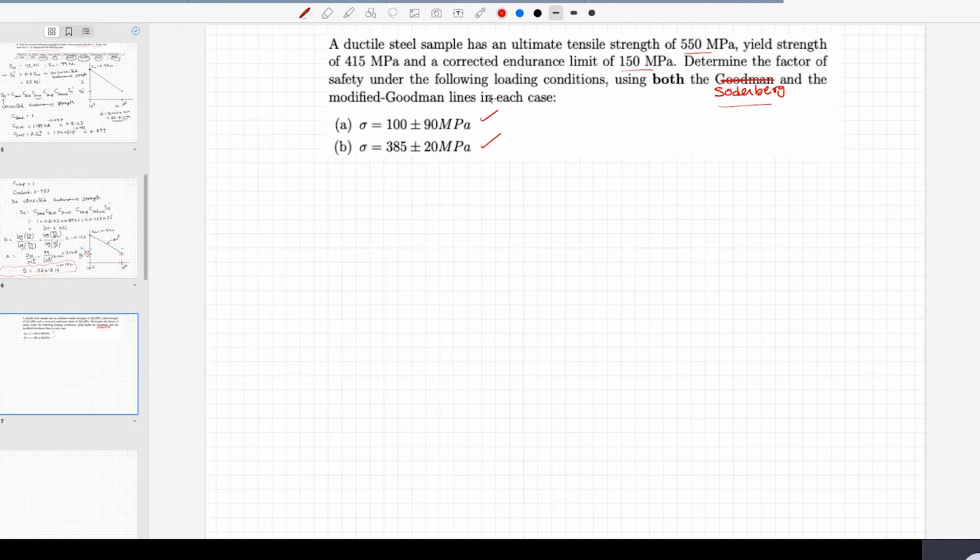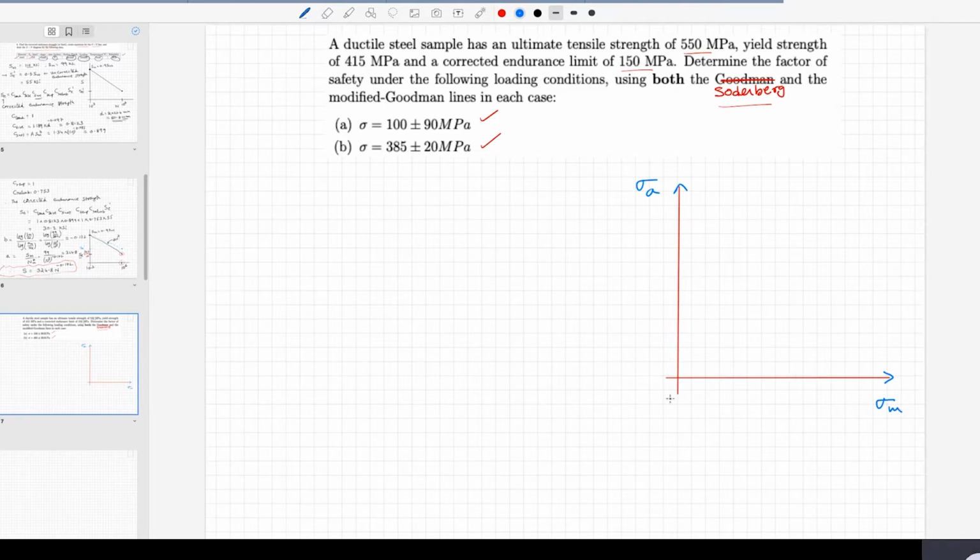So that means, if you remember the discussion on fatigue failure in the presence of mean stress, we have different failure theories, as in the case of static failure theories. One of them was Soderberg and another one was Goodman, and there was another one called Gerber's parabola. Right? So here, what we are actually plotting is stress amplitude on the y-axis, and mean stress on the x-axis.